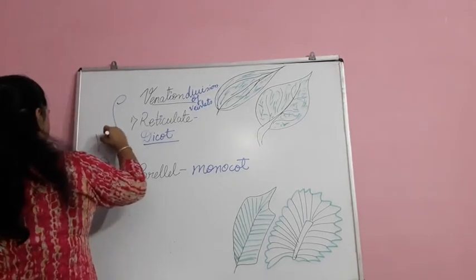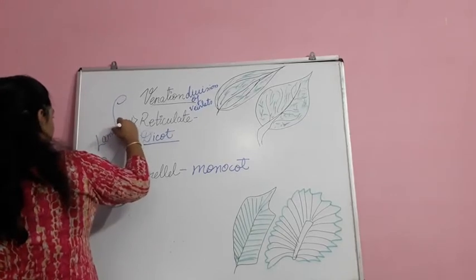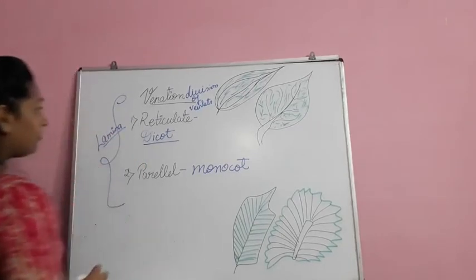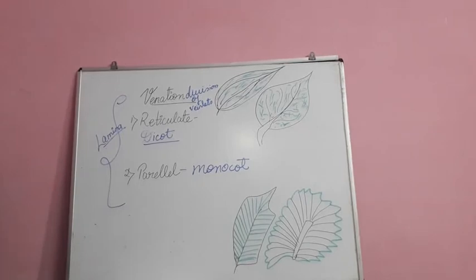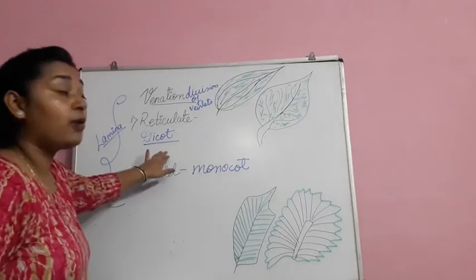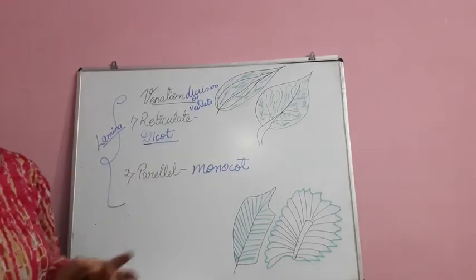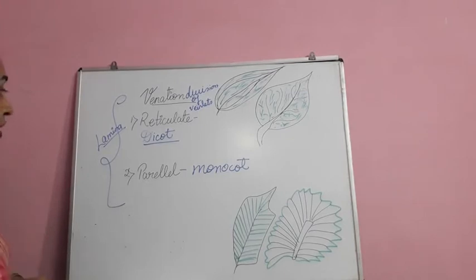This is the venation which comes under the heading of your lamina. So we study this in the lamina with reference to the midrib, where the midrib divides and segregates all the veins or veinlets which are responsible for transporting water and minerals. So further after this, let us see the next division of the leaves.